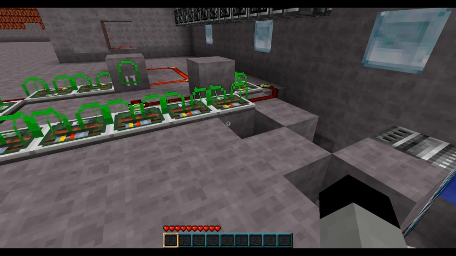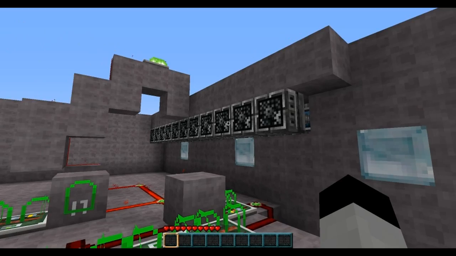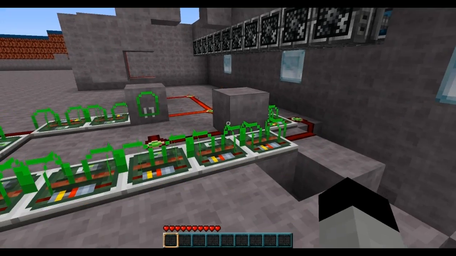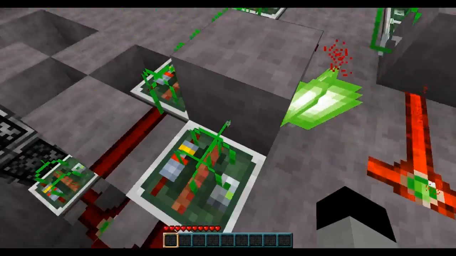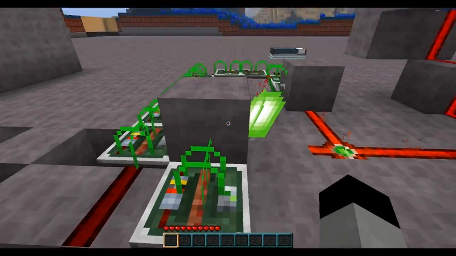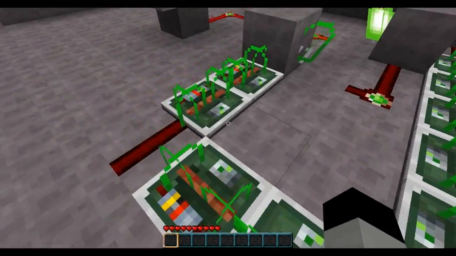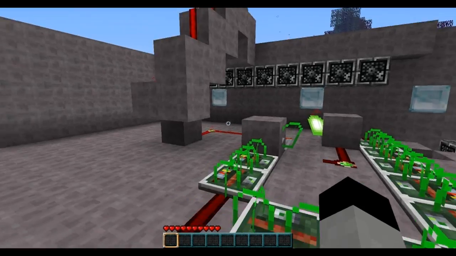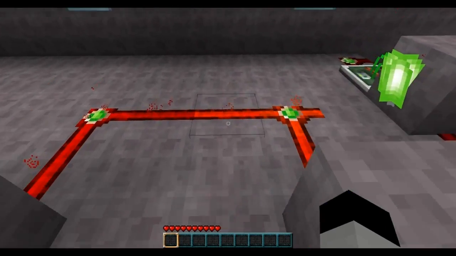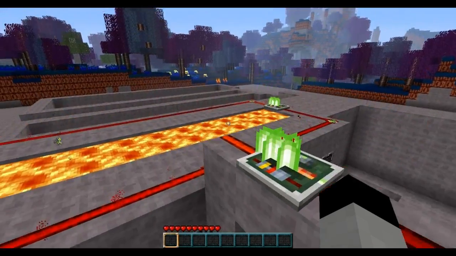And this time we have it hooked up to an RS NOR latch so that it'll actually leave the pistons open long enough for some of the lava to make it through. And that is right here. This initializes the RS NOR latch, this repeater right here. These go through with a delay all the way over to the other side, and they finally deactivate it after a tidbit of time. And then the output from the RS NOR latch heads on up here, up to the